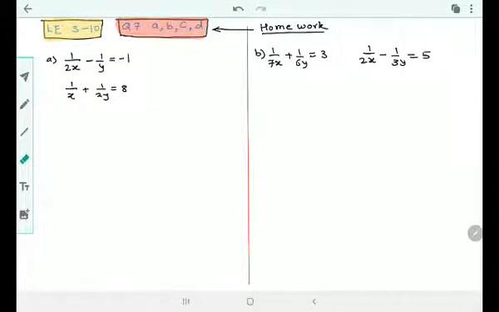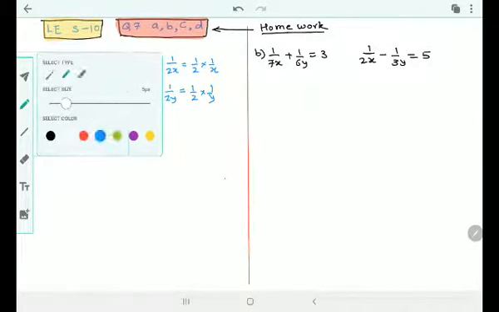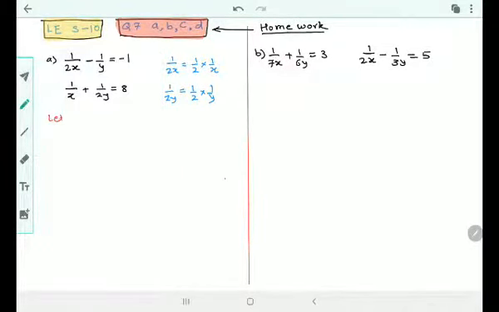Okay, so let us understand this clearly. In such questions, it's not difficult, don't worry. I just split 1 upon 2x. I mean to say, 1 upon 2x can be written as 1 upon 2 into 1 upon x. Right? So isn't 1 upon x there in 1 upon 2x as well? Similarly, 1 upon 2y can be written as 1 upon 2 into 1 upon y. Right? So that's what I have to consider here. Let us consider 1 upon x is equal to A and 1 upon y is equal to B.